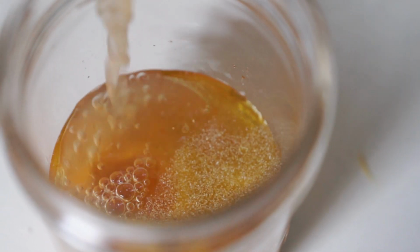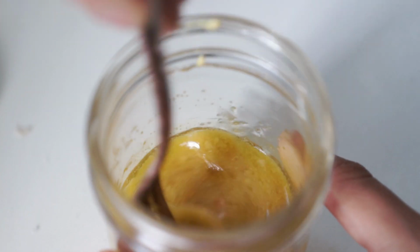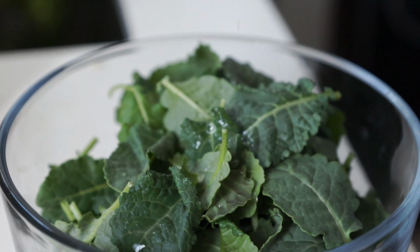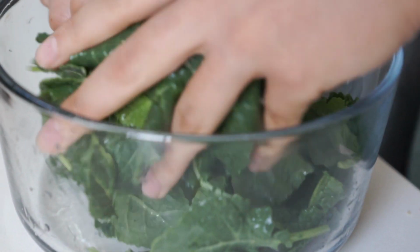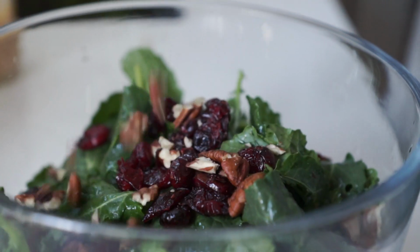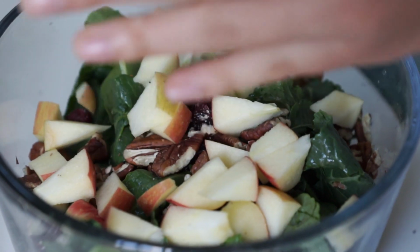until it's nice and smooth. Then to a bowl, we're going to combine some baby kale with half a juice worth of lemon, and then using your hand, you want to massage that lemon juice into the kale so that the kale is easier to digest and not as bad of a bite when you're eating it. It takes away the bitterness a little bit. Then you're going to add some chopped pecans, dried cranberries, some cubed apple, some sliced radishes, and just toss that